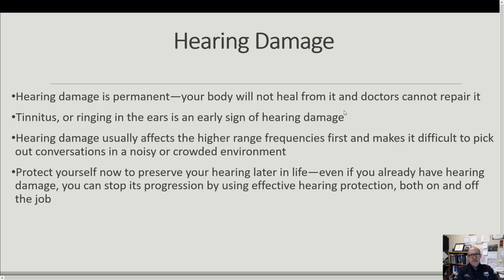Hearing damage usually affects the higher range frequencies first, and that makes it difficult to pick out voices and conversations in a noisier, crowded environment, and it makes it really hard to hear your children's voices, your wife's voice, which is not a good thing. So protect yourself now to preserve your hearing later in life. Even if you already have hearing damage, you can stop its progression by effectively using hearing protection both on and